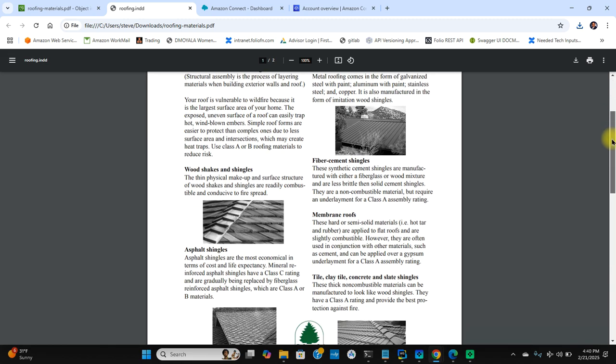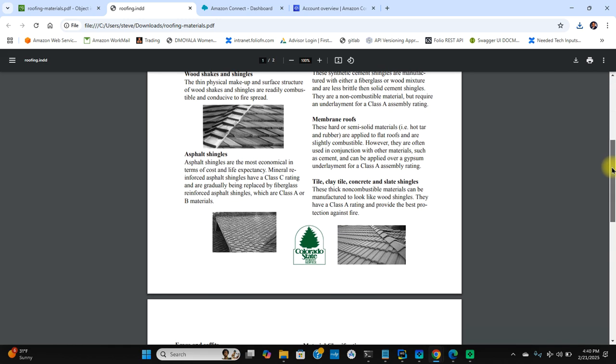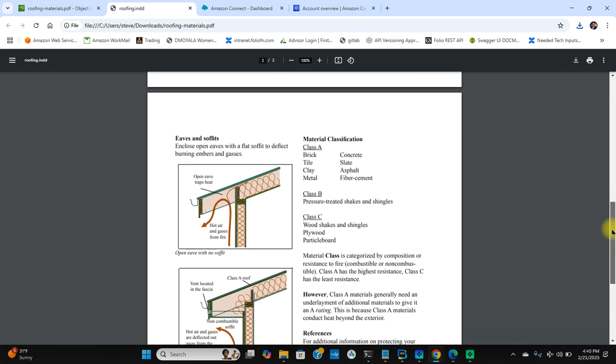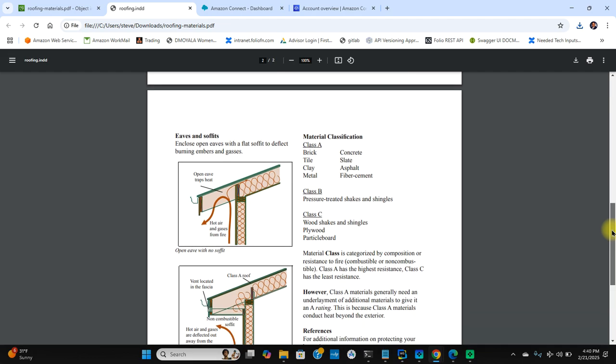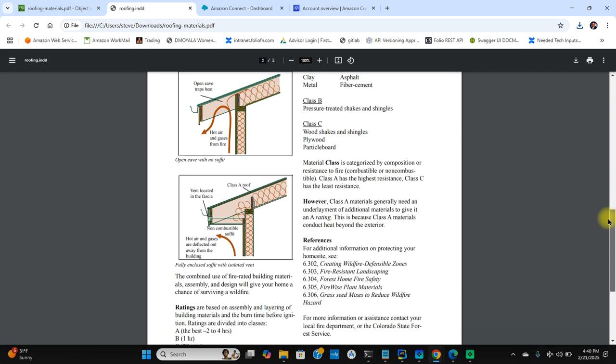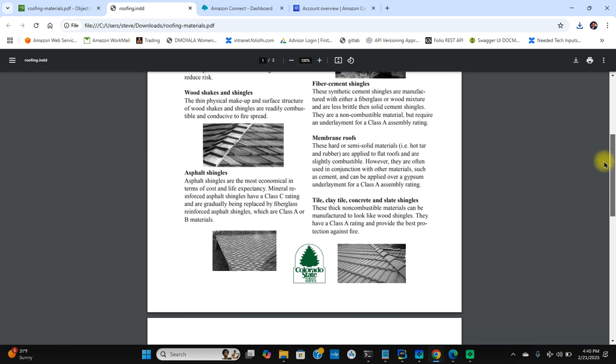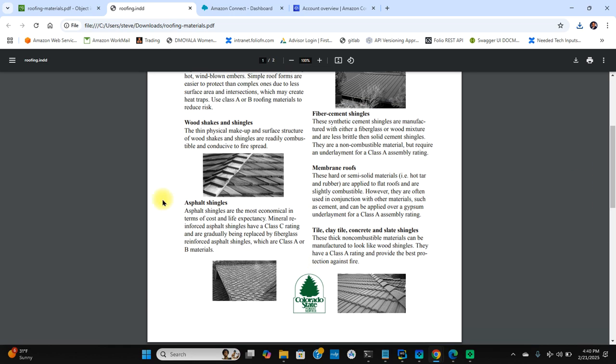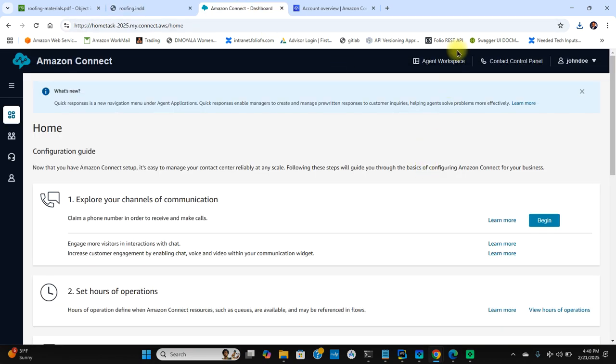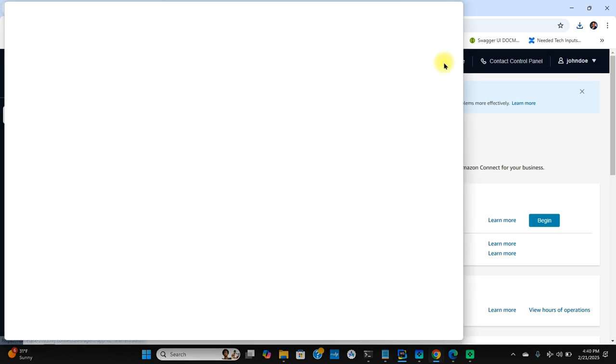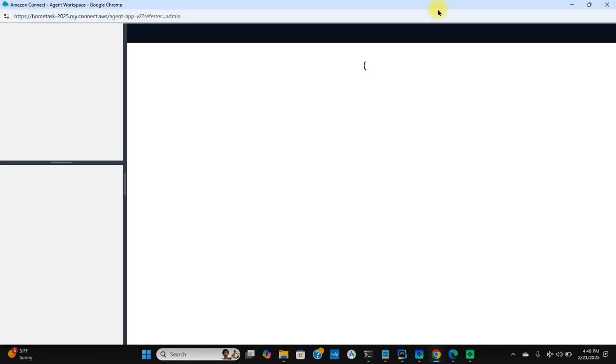Okay, so if I ask a question, list roofing materials, I should get an answer here. But just so I have a more precise question, let me go back over here and go back into the agent